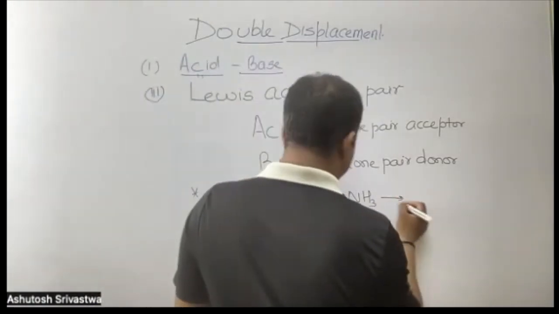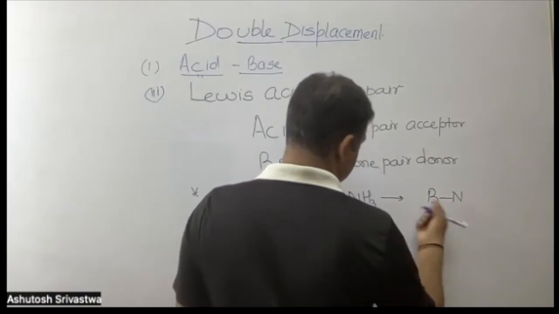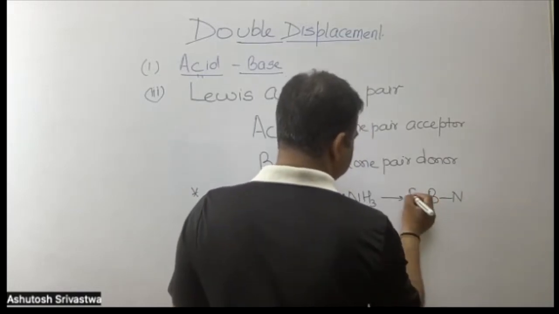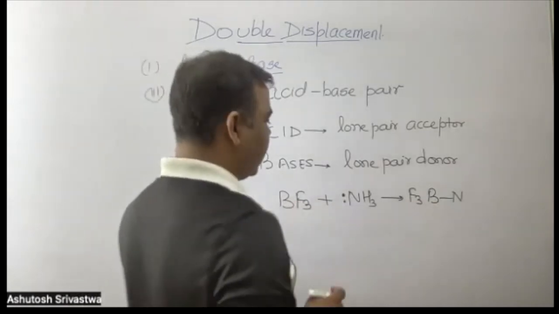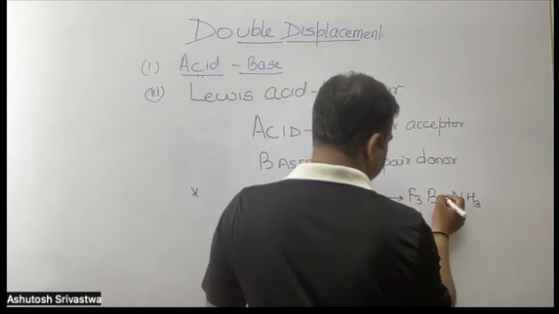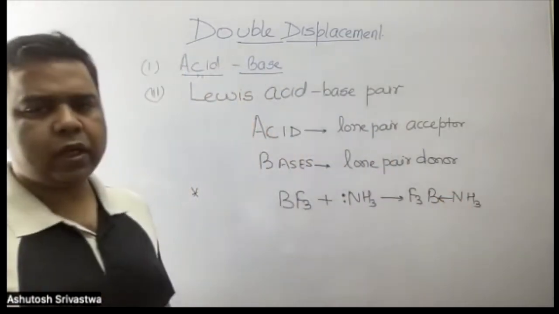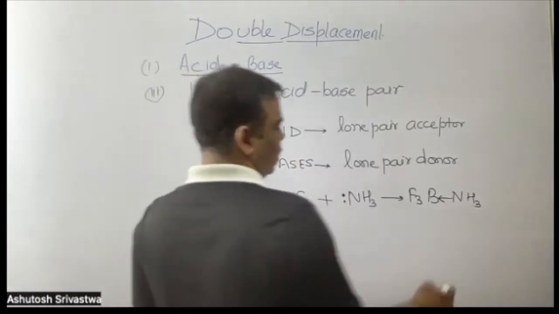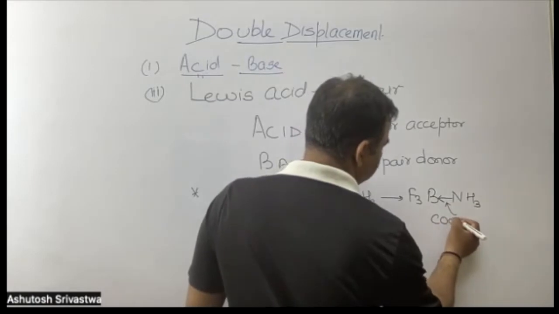So it is going to form another new bond, N-B bond. So here 3F is already present. I am writing this on the left side and this one on the right side. You can write like this. The electron pair has been donated. So we will put an arrow like this. This is called as coordinate